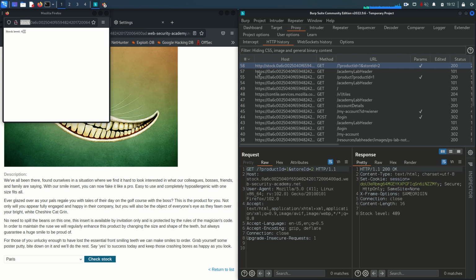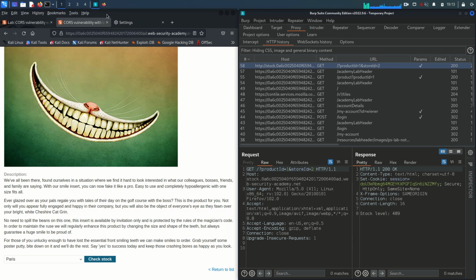And one more thing needs to be pointed out here: this is using only HTTP, not HTTPS. So that means this is an insecure protocol. This subdomain request is using an insecure protocol. Fine, that's perfect. Now what we need to check out here,